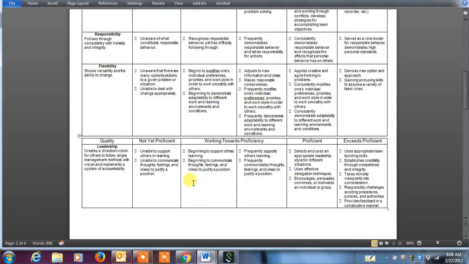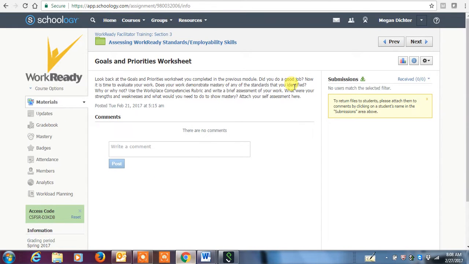One thing I would like to just mention is that many facilitators think, well, I don't know if my participant has mastered this because I don't know if they actually are going to complete the goal that they set for themselves. But I just want to really illustrate that it's not about completing the goal. The mastery is about whether they can set realistic goals and figure out ways to overcome potential problems. That's really where we're looking at whether they are good or not whether they actually complete the goal,